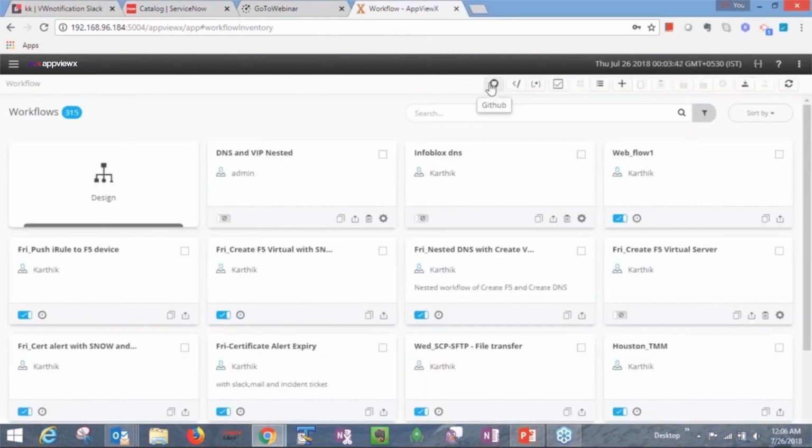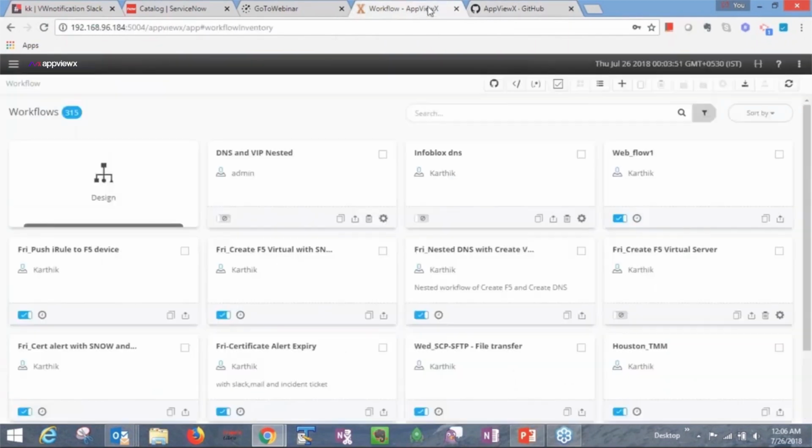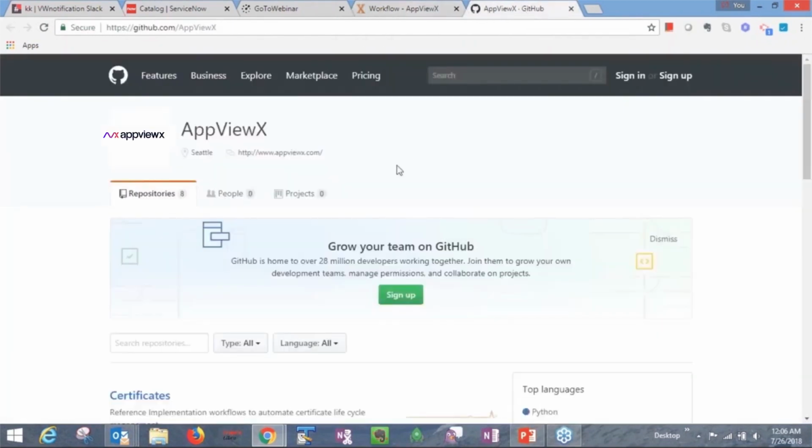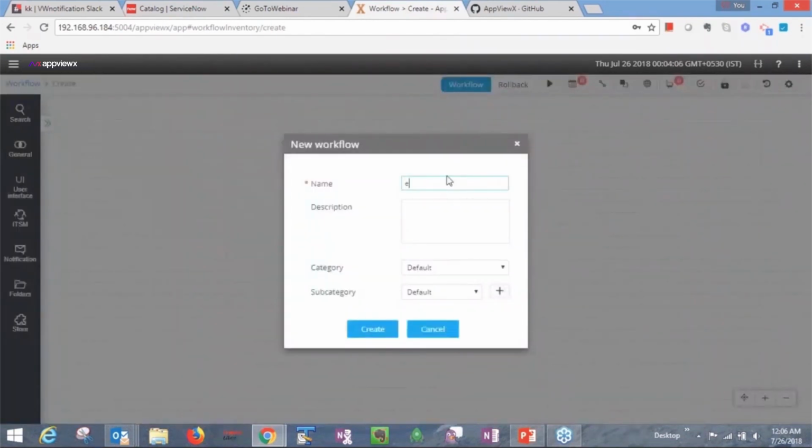And AppViewX has its own GitHub community engagement portal. All workflows and any sort of activity is available on the AppViewX Git, and you can download them. You have a redirect option where you can go to Git, download workflows and then import them back into the workflow tool and begin automating and orchestrating. So let me just show you an example of how you can design a simple workflow using the out-of-the-box workflow store.